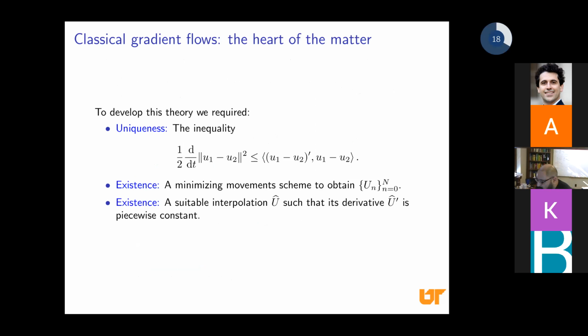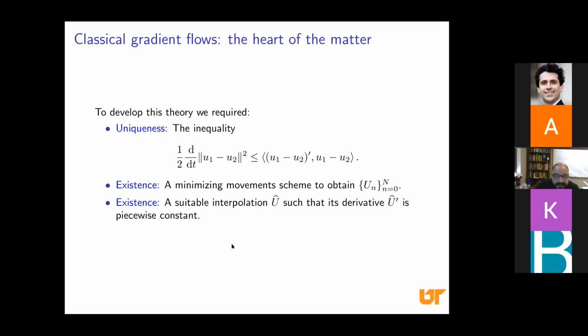Like I said, the point of talking about the classical gradient flow is that I want to extract the essential steps that allowed me to get existence and uniqueness for this problem. And so I think that to develop this theory, there were three key steps. First, to get uniqueness, from the definition of energy solutions we arrived at something like the difference of two solutions against the derivative of the difference of two solutions, and that bounds from above, sorry, some quantity. So an inequality of this form.